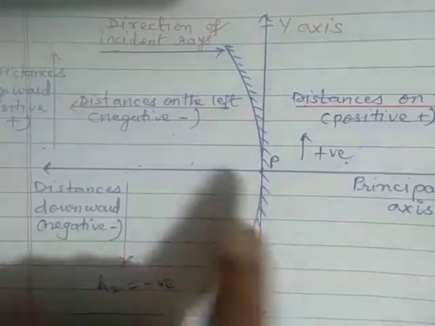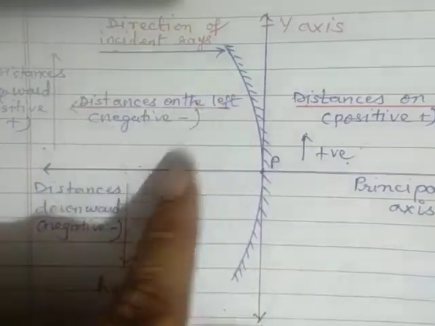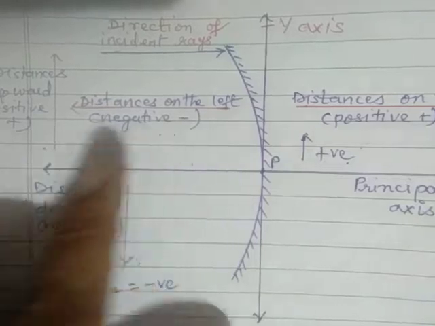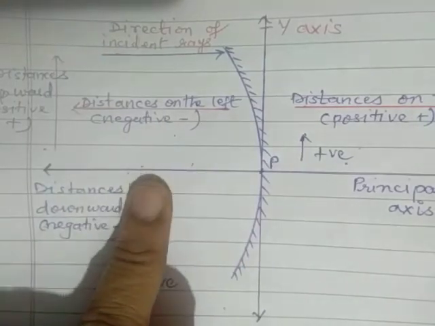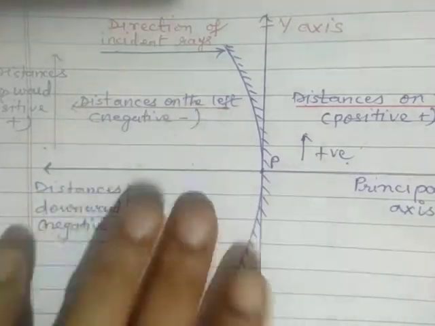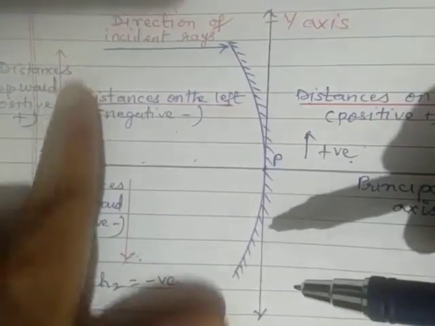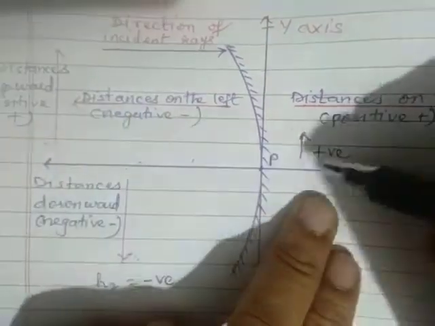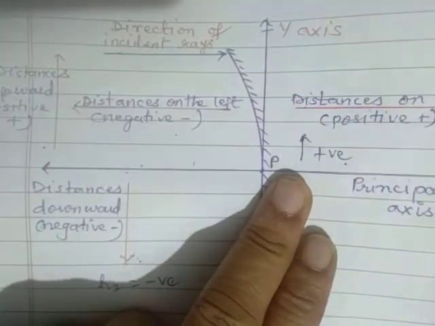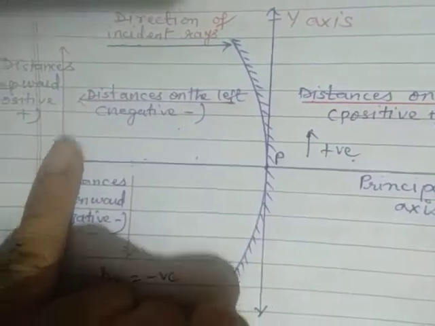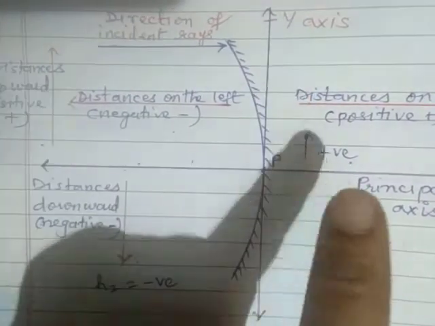Now let us talk about the focal length here. Focal length in the case of the concave mirror is always in front, that means on the left hand side, and therefore the focal length of the concave mirror is negative. Let us talk about the convex mirror now. In a convex mirror, object distance is always positive. Image distance is also positive. Why? Because it is formed behind the mirror. Then the height of the object is positive, and the height of the image is also positive.